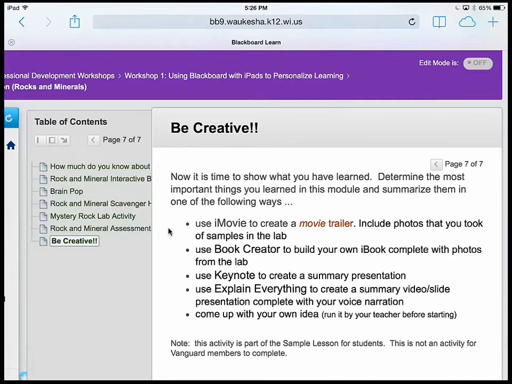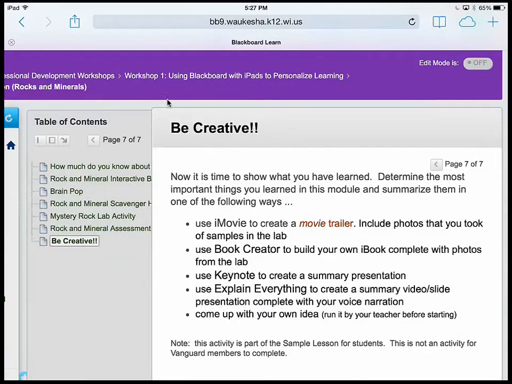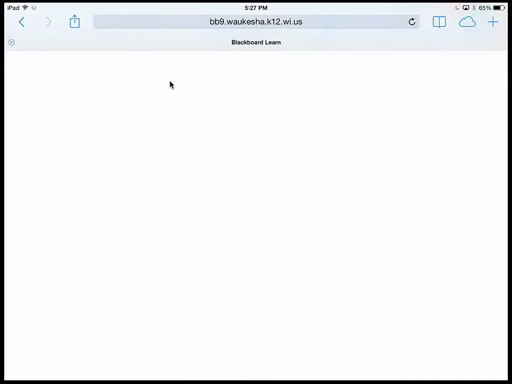So now, to summarize this entire lesson, they could use iMovie to make a movie trailer, which is going to be a topic in one of our later workshops. They could use Book Creator to build their own iBook, or Keynote, a powerful presentation tool. They could use Explain Everything, or they could come up with their own idea. And this is a culminating activity for students to be creators of content. Back to the home button, back to Safari, and now I'm going to use the breadcrumbs here and go back